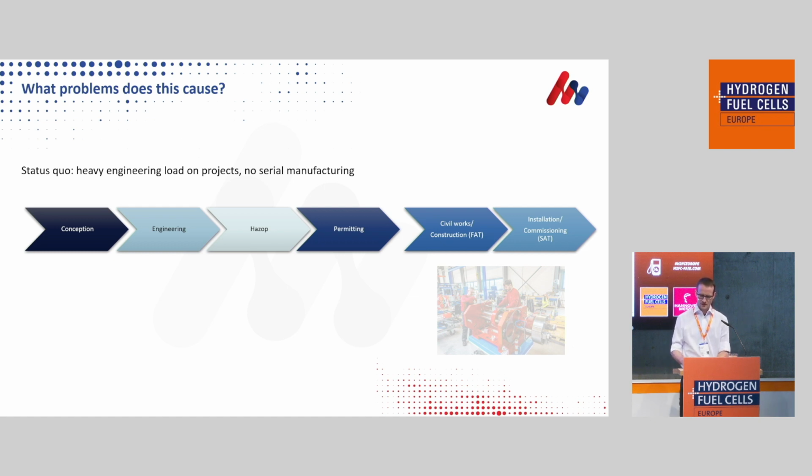For example, what has to be refilled, light-duty vehicles or heavy-duty vehicles? Where have they to be refilled? For example, there's a very big major difference between the United States and the European Union, or a station that you want to implement in Switzerland, for example. How often do we have to refill the vehicles, and in which time frame do we want to refill this vehicle? All these questions have to be clarified before we can enter the engineering,